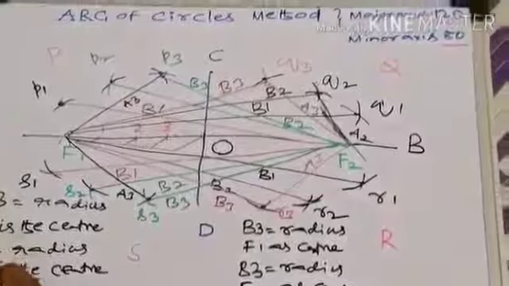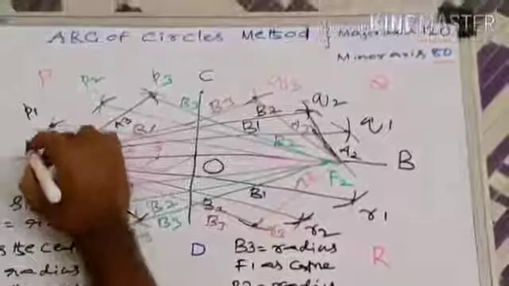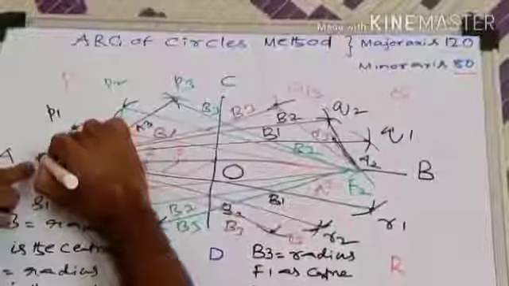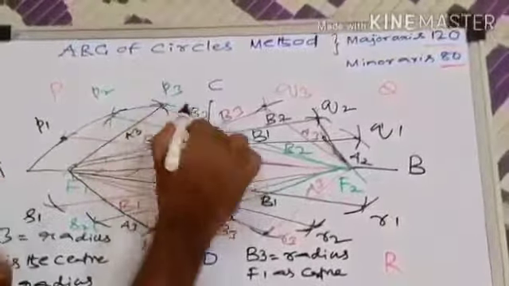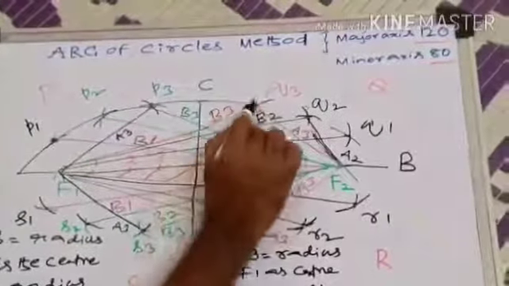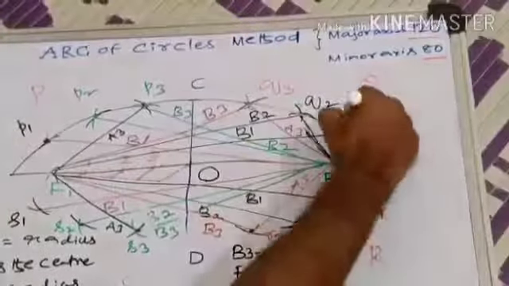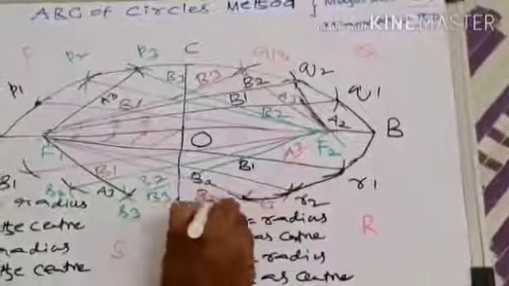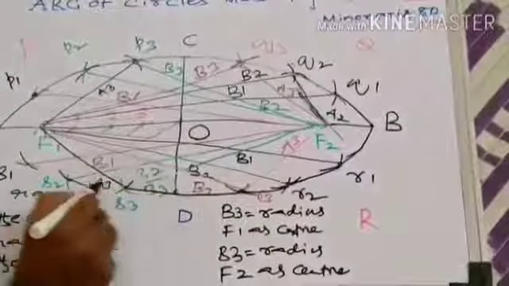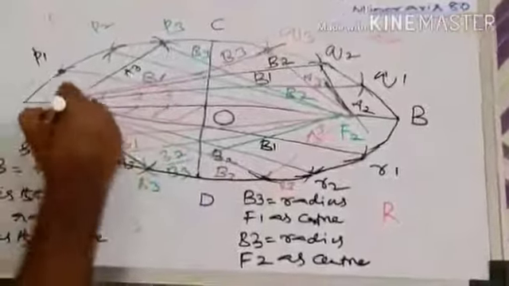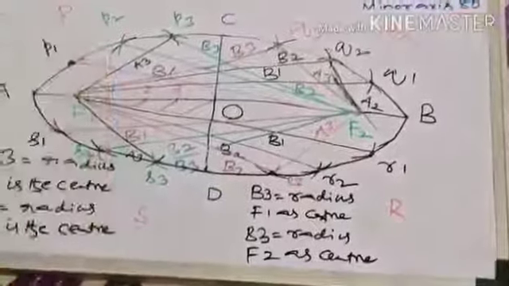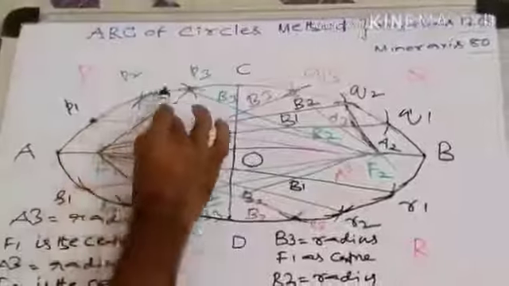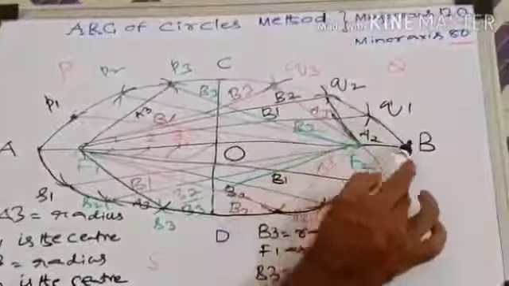Now all these points are going to be joined by using an HB pencil as a smooth curve, starting from A, end point of major axis, A to P1, P1 to P2, P2 to P3, P3 to C, C to Q3, Q3 to Q2, Q2 to Q1, Q1 to B, B to R1, R1 to R2, R2 to R3, R3 to D, D to S3, S3 to S2, S2 to S1 and S1 to A. Now you can observe A, P1, P2, P3, C, Q3, Q2, Q1, B, R1, R2, R3, D, S3, S2, S1 form